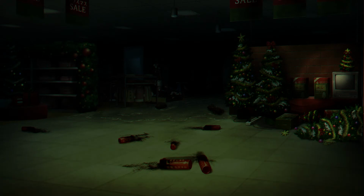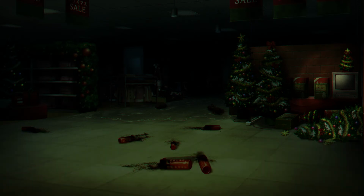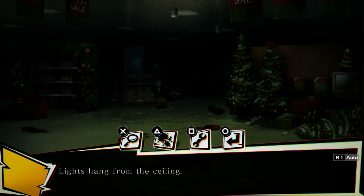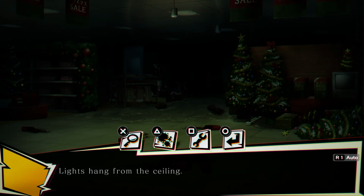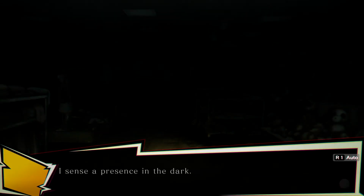TV with the built-in VHS deck. The power light's on, so it should work, but it's not exactly the time to watch videos. Gotta search the area first. Lights hanging from the ceiling. They aren't on, but they're buzzing like there's still some juice going through them. Okay. I sense a presence in the dark. I quickly point my flashlight at it and...